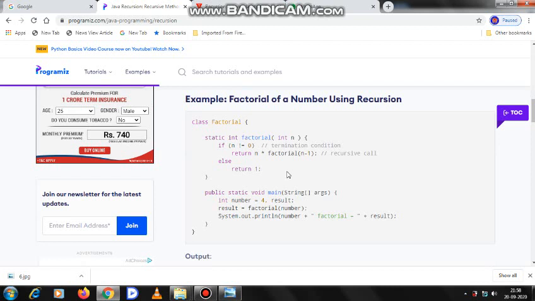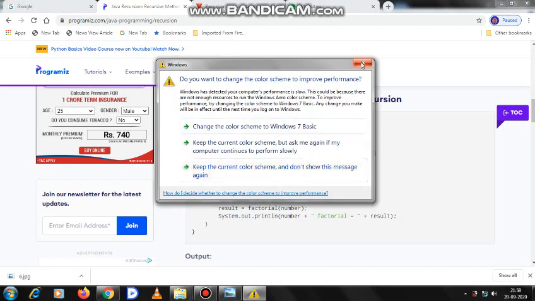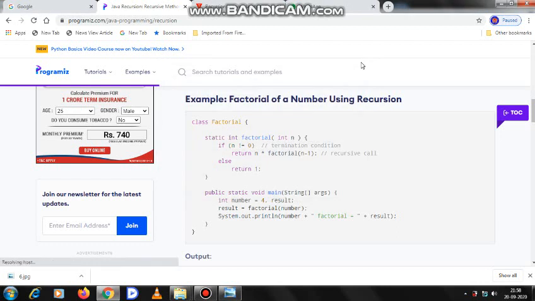Factorial, I think you all know. Suppose I want to find factorial 4. So 4 into 3 into 2 into 1. I want to find factorial 5. So 5 into 4 into 3 into 2 into 1. That means factorial of n equals n into n minus 1 into n minus 2 up to 1. Okay. Now here I am doing a factorial